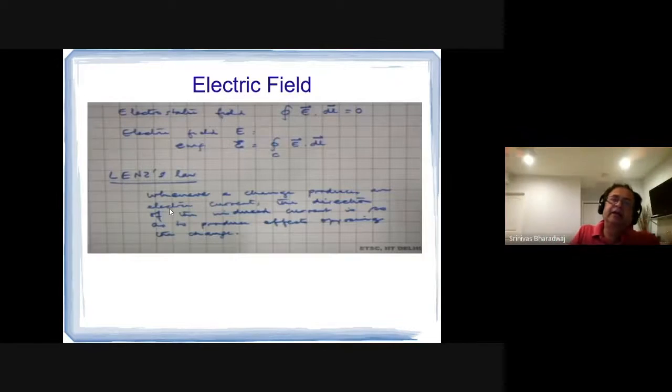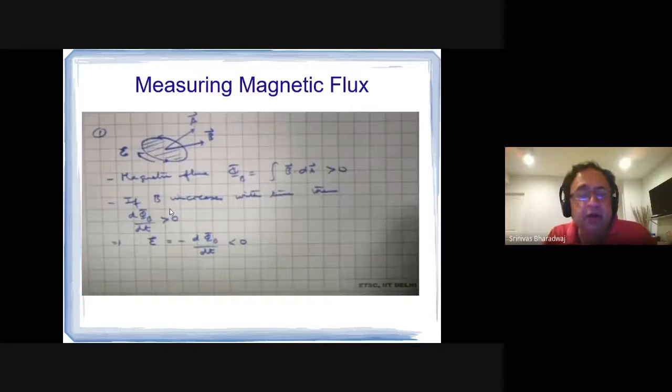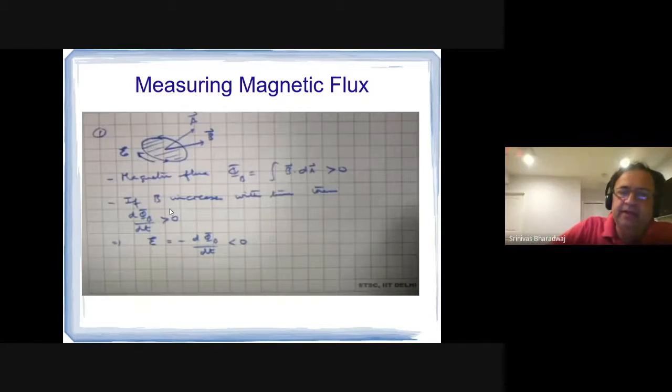What Lenz's law says is that the direction of the current produced will be in such a way as to oppose the changing flux, because this current will produce a magnetic field. That field will oppose the changing flux. That is the critical idea there. It's not a simple idea. You have to understand it well, and you must be able to solve problems in this context. D phi by dt equals V or EMF. That EMF is also measured in volts.